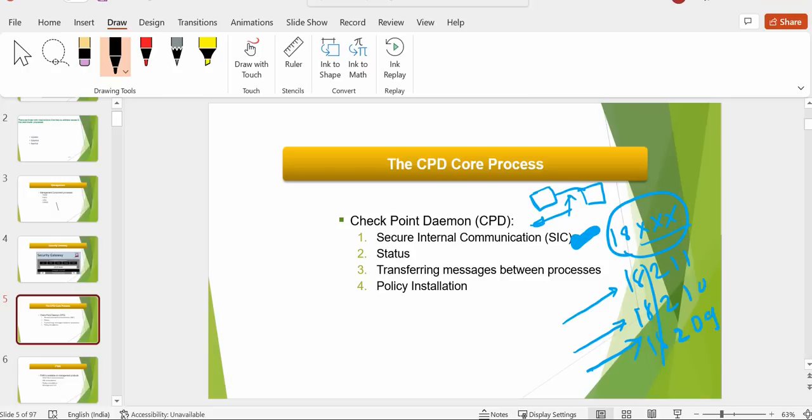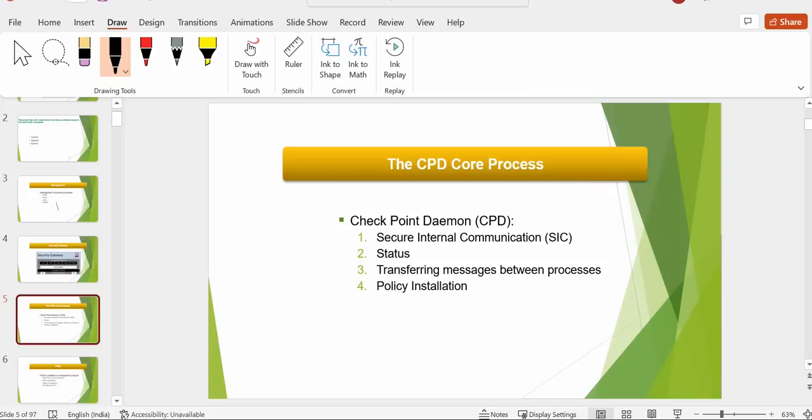Generally, during Check Point interviews, they try to ask you this sort of question in a deeper way, like tell us about the CPD daemon, what is the purpose of it, why we use these daemons. So one of the important daemons is CPD, and one of the important functionalities of CPD is SIC. The second thing is status,